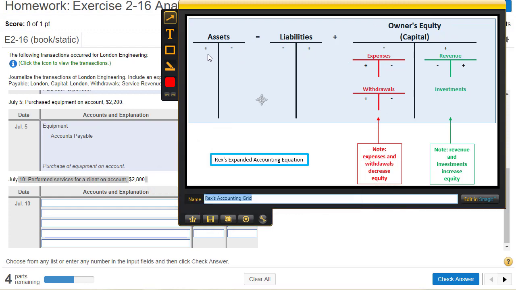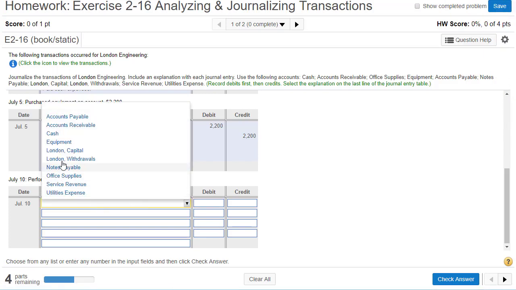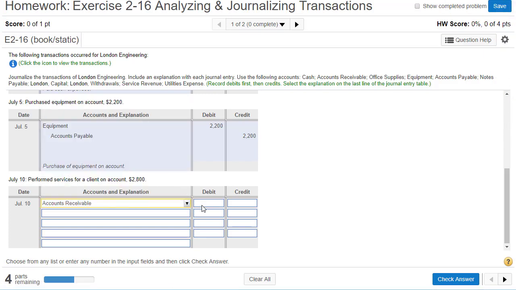Well, because in the future, the client is going to pay us off. It has a future value, therefore it's an asset. So now we have to figure out, is this accounts receivable? Do we have more accounts receivable or do we have less? Well, we have more. So AR, accounts receivable, is going to be our debit account. So accounts receivable, $2,800. Now we have to figure out, well, what's going to be the $2,800 credit since debits have to equal